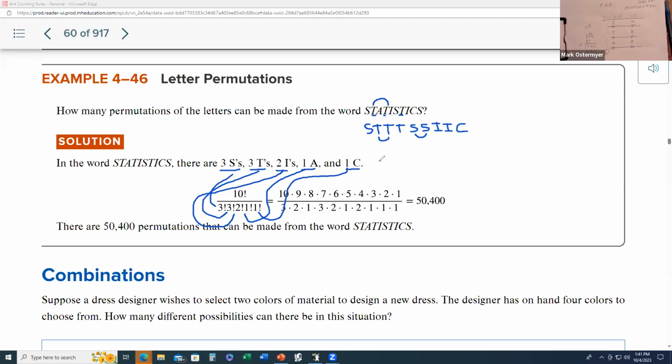What would be another one here? Do you agree this would be a unique arrangement? TTT, SSS, IIC. Do you agree? That would be another unique arrangement of the letters in the word statistics. That's unique. And now there's only 50,397 more. It's easy in early going to list some arrangements, but by the time you get down